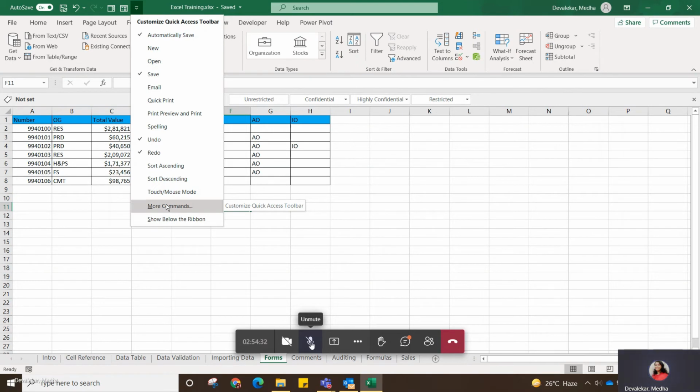Do the same thing with me so that you will not miss any step. Go to customize quick access toolbar, select more commands.